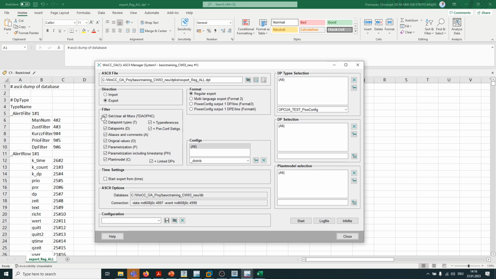And I will only make export of what I really changed. So maybe I did a new data point type, I created some data points,